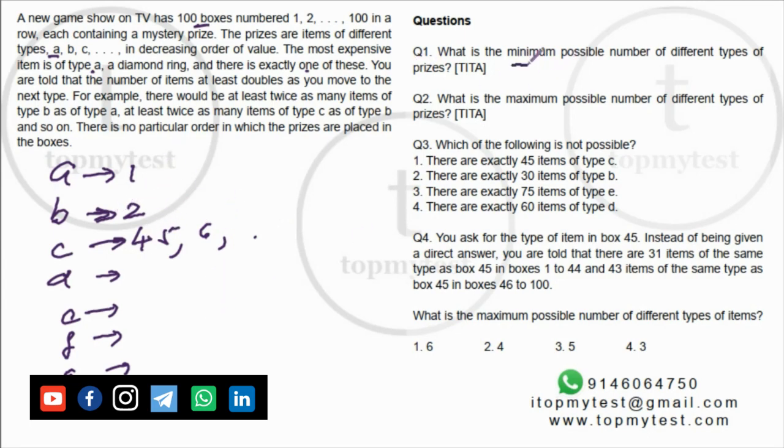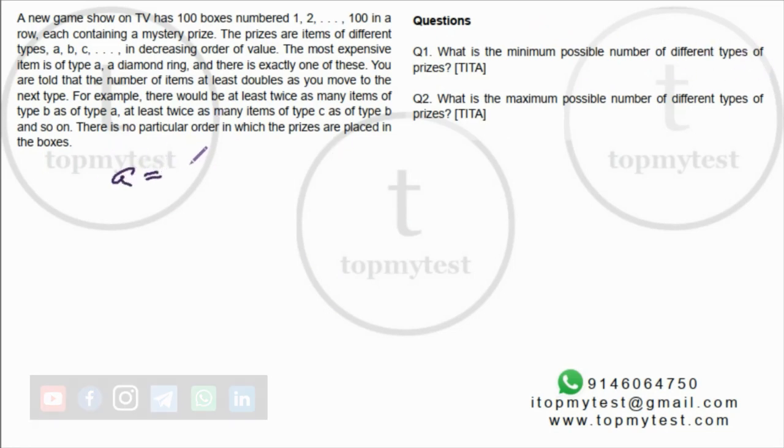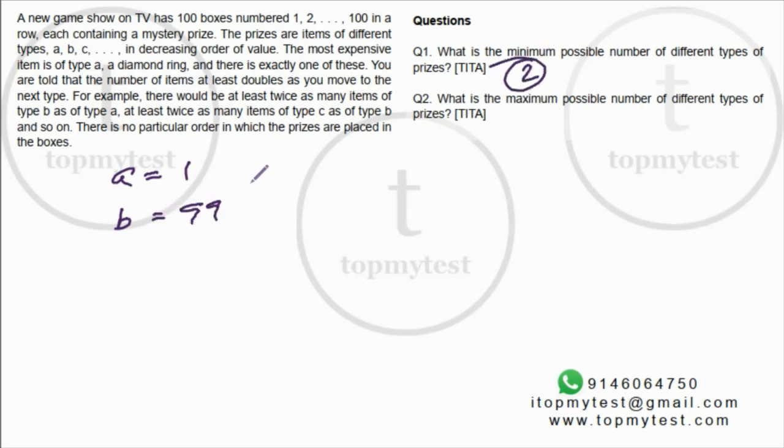And then you have question, what is the minimum number, maximum number, which of them is not possible, what is the maximum possible. So each of them is a case-by-case basis. 1 and 2 are related. Let's solve them and see what comes. Right? What is the minimum possible number of prices? So you know A is 1, and there is at least another price. So you can have 99 prices of the second type. So 2 prices are possible, right? What can be the maximum possible number of prices? Now, if I have 1 of item A, B will have 2.